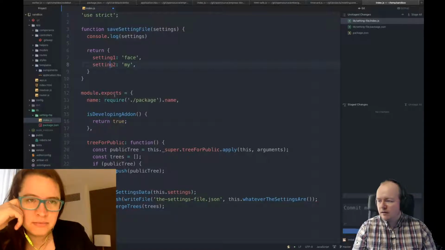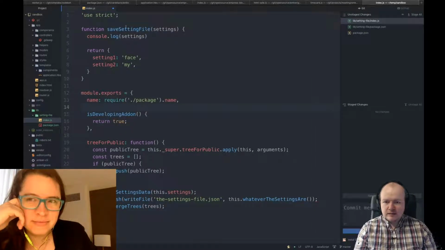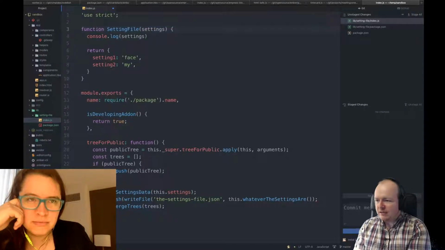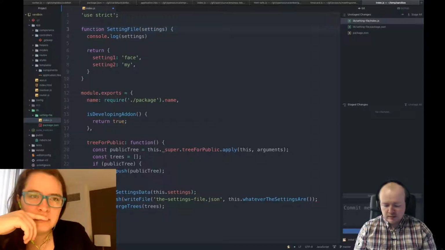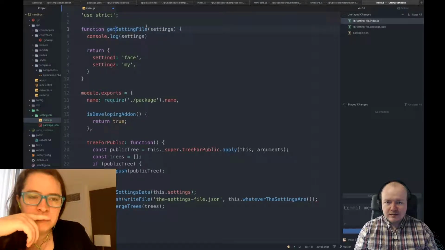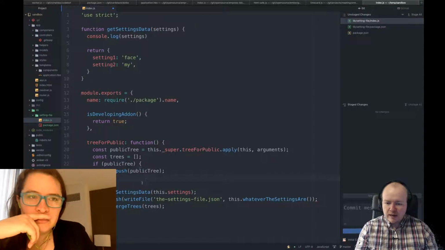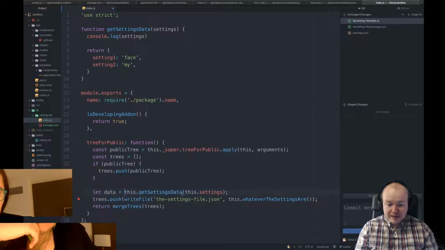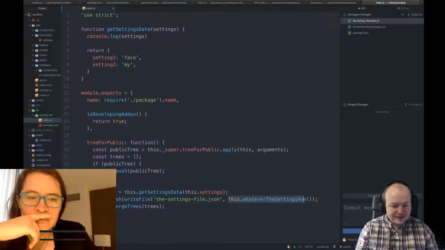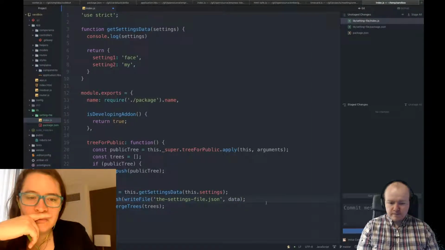So the idea here is that instead of it being saveSettingsFile, I've changed it around to, instead of it being go and write this on disk, because this is probably what's causing the issue, it's now getSettingsData. So it's going to respond with the data formatted in whatever way this person needs, and then we get that data, and then we pass that data into this write file thing. Now,